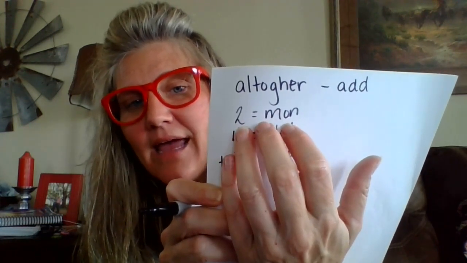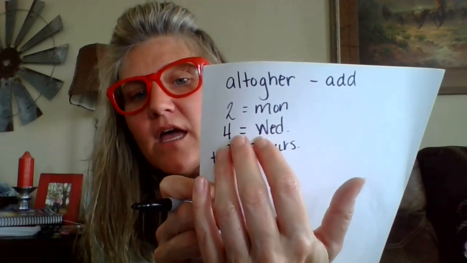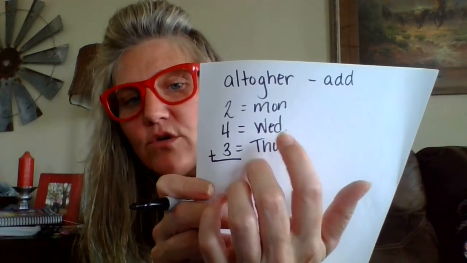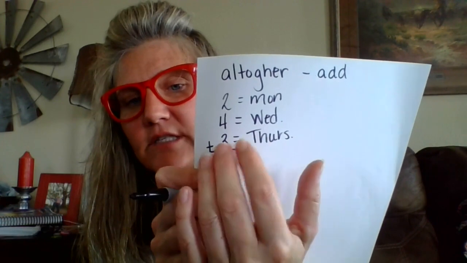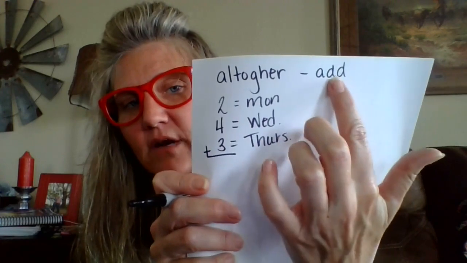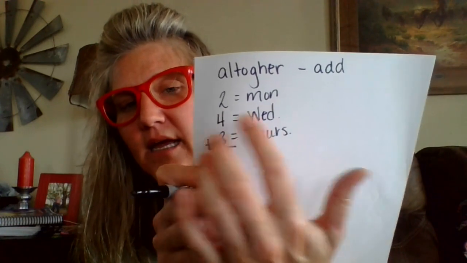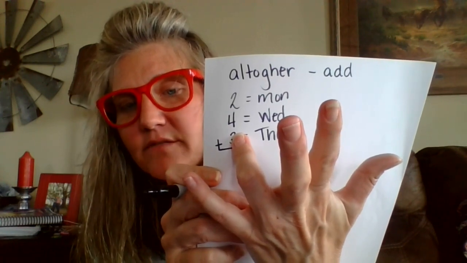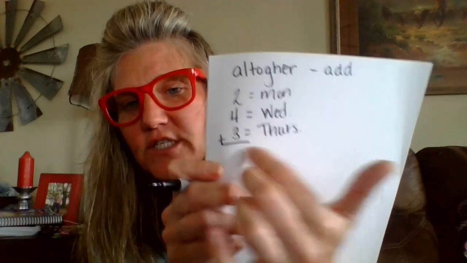Well, Monday they hiked 2 hours. So I put 2 equals Monday. Then I said 4 equals Wednesday because they hiked 4 hours on Wednesday. Then I put 3 equals Thursday because they hiked 3 hours on Thursday. And then look what I did. I knew I was adding these, so I put my addition sign in my line. So 2 hours on Monday plus your 4 hours on Wednesday gives you 6 hours. Then 6 hours plus the 3 hours they did on Thursday gives you